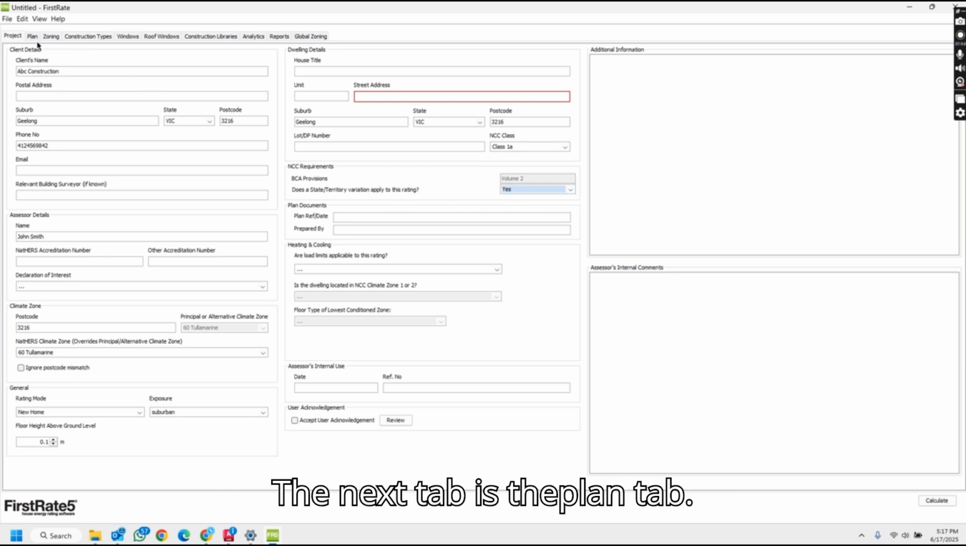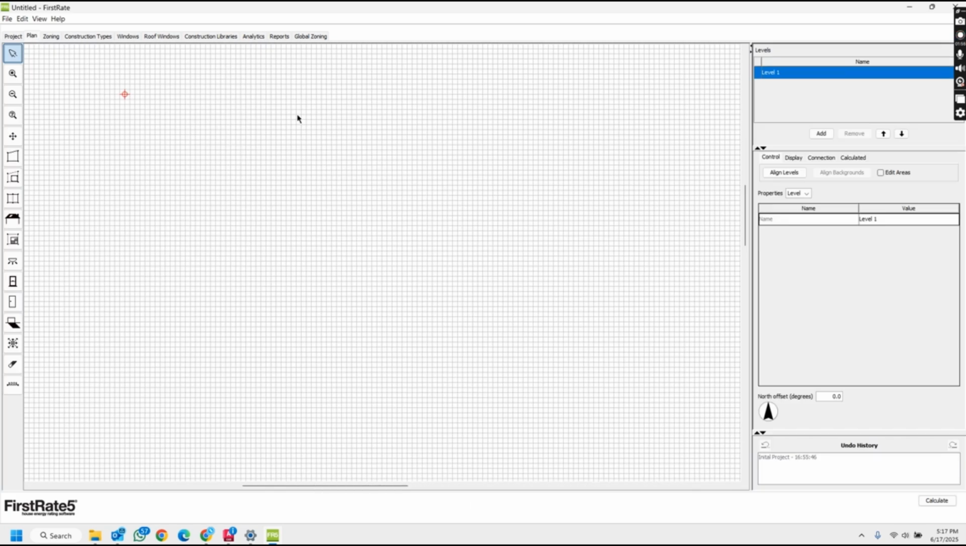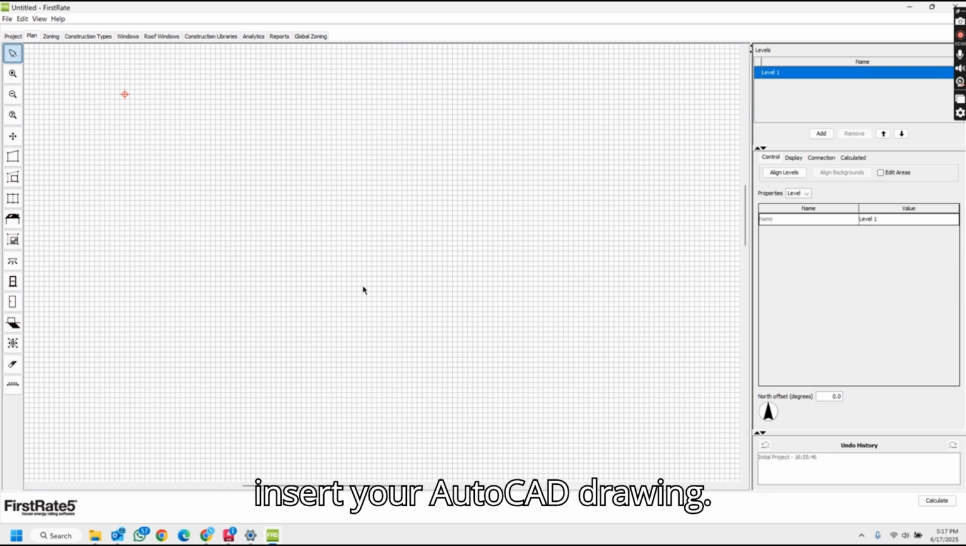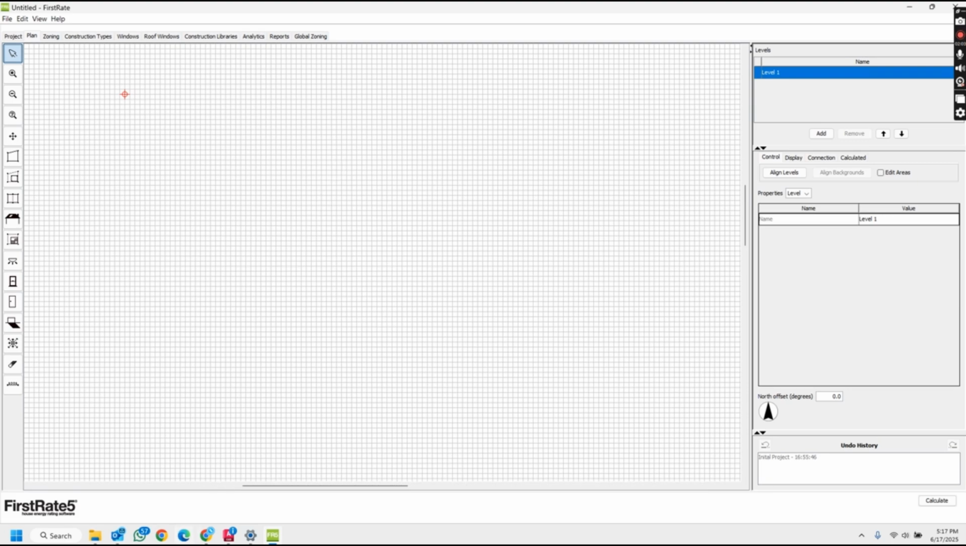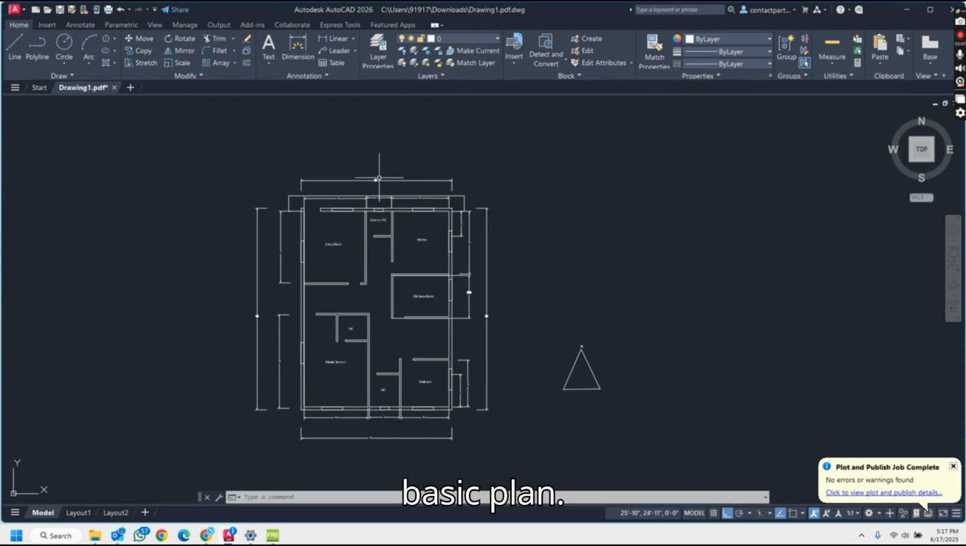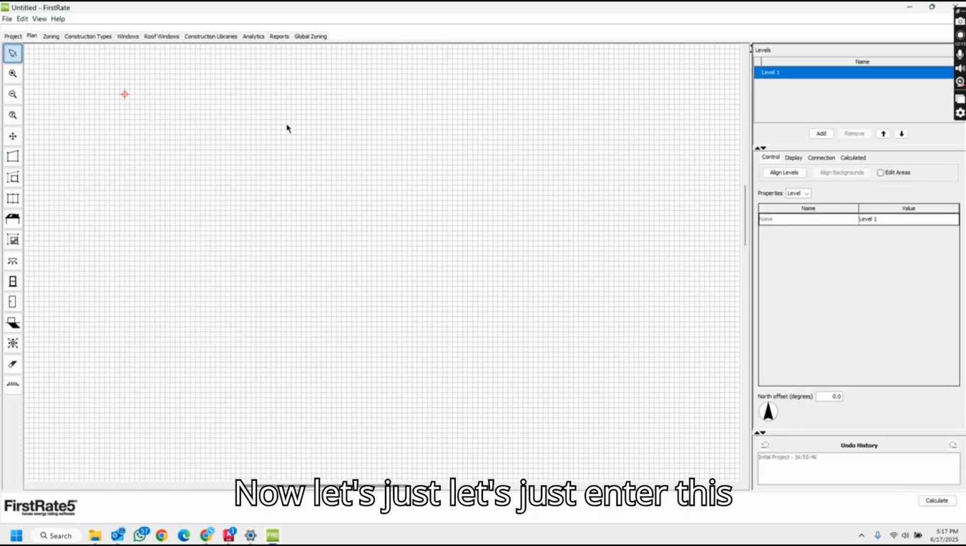The next tab is the plan tab. In this you need to insert your AutoCAD or drawing. For demonstration purposes, I've created a basic plan. Now let's just enter this